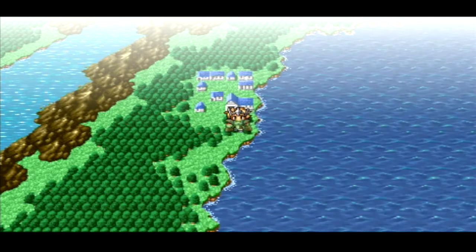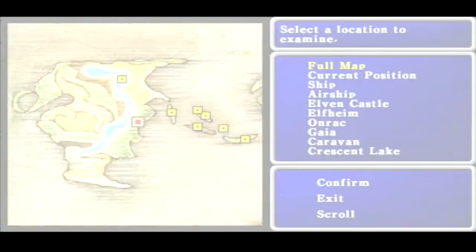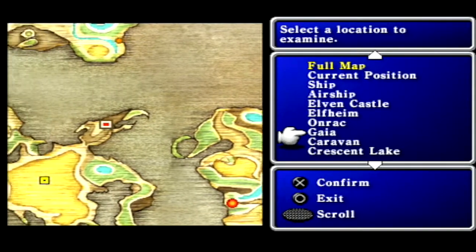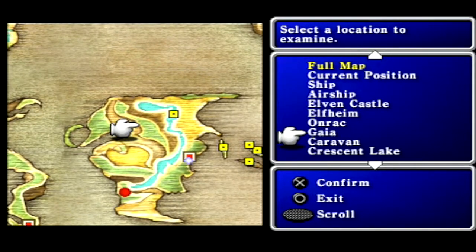In the last episode, we restored the light to the water crystal and defeated the Kraken. Or by defeating the Kraken. In this episode, we're going to be heading off to the village of Gaia, as well as taking care of some stuff involving the Rosetta Stone that we got last time. Curious. Alright, so, let's see, Gaia...